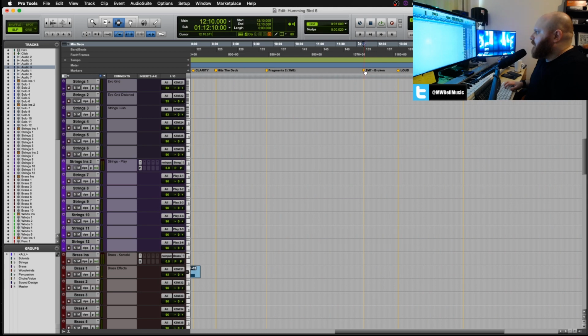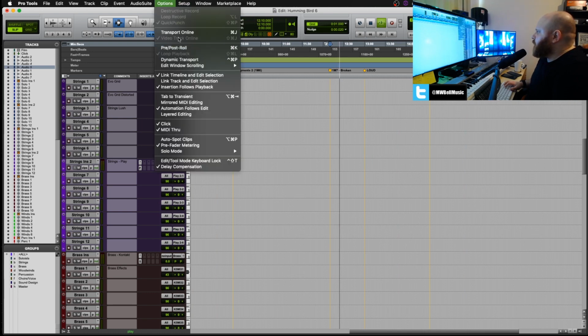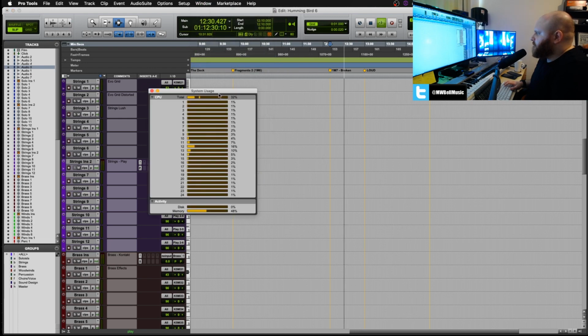So we're managing to get some pretty good sound. Even right now, I'm recording my screen. I've got the film on the right-hand side of me because I don't want to show you the film because it's not released just yet, although it is out there on Patreon. And if we bring up our window while this plays out, if we go to system usage,